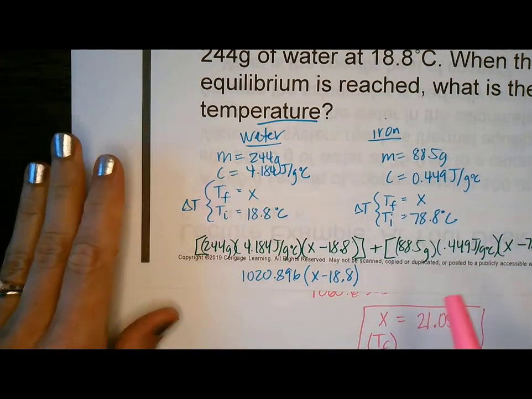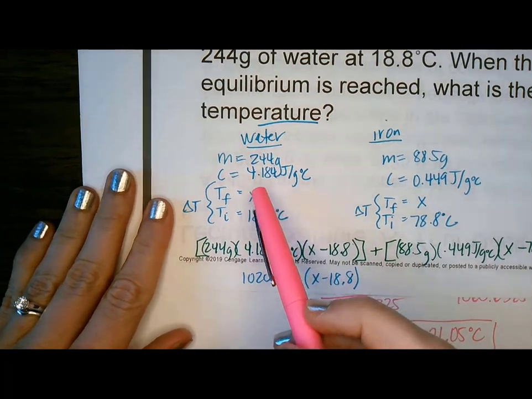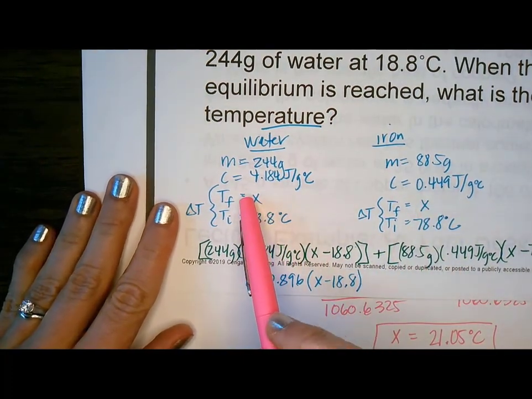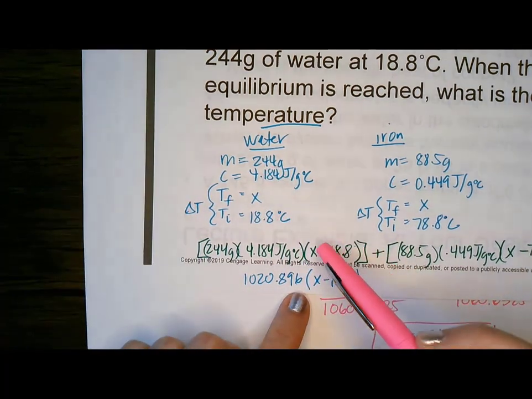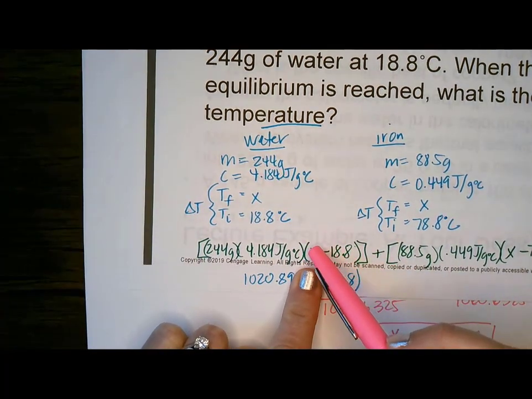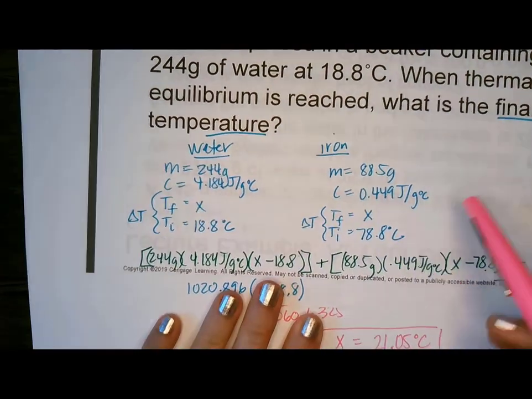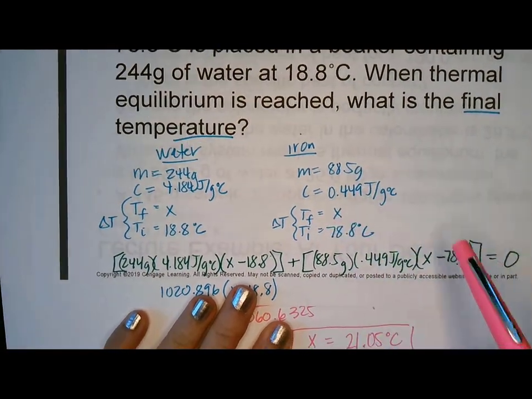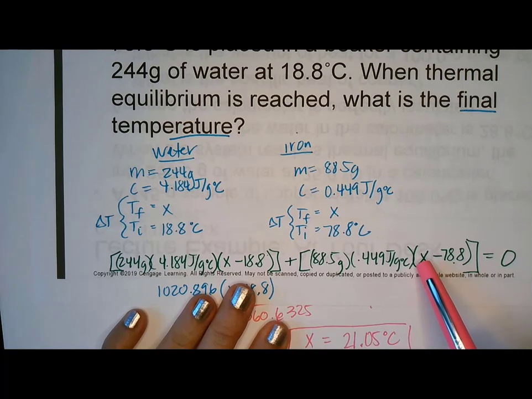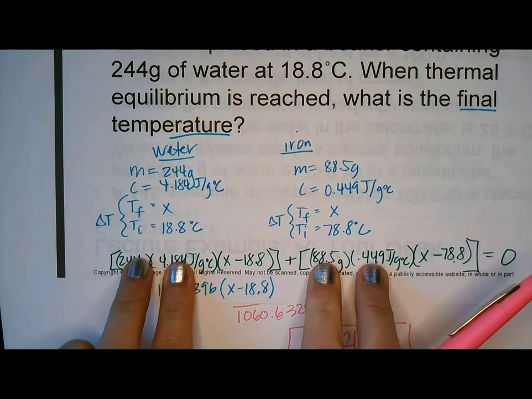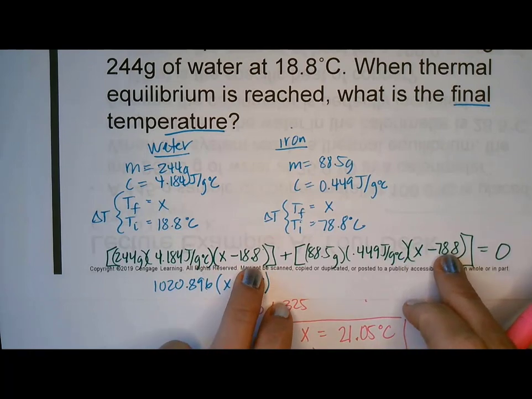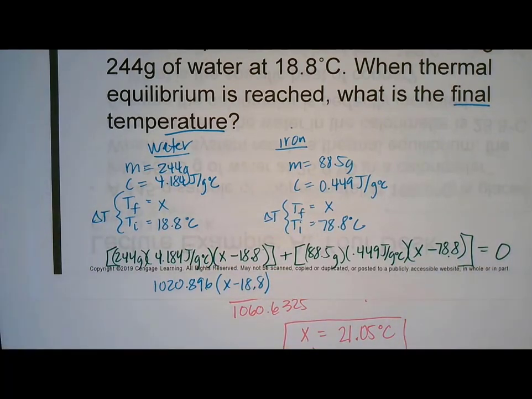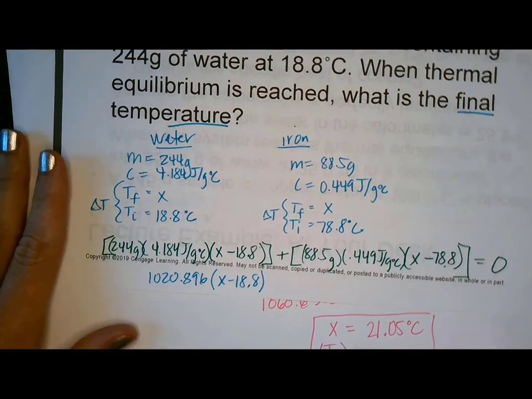Good work there. And again, we just went back and we said, okay, our final temperature is our X. It's the same for both of them. We know our M, our C, and our delta T. We just plugged in TF minus TI. Same with here. We know our M, our C, and our delta T. We just did X minus TI. We simplified as much as we could. We then distributed that into our X minus the initial temperature. And then we just did a whole lot of algebra and combining of like terms to solve for our X,